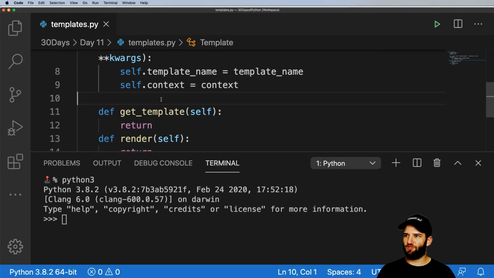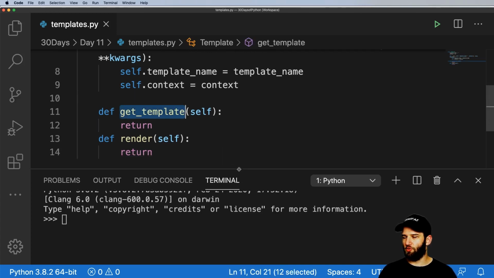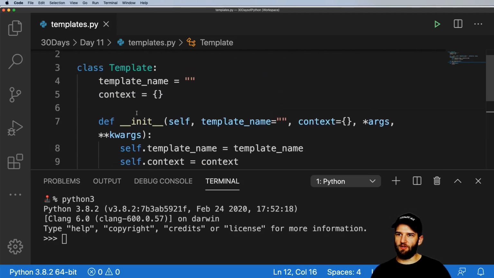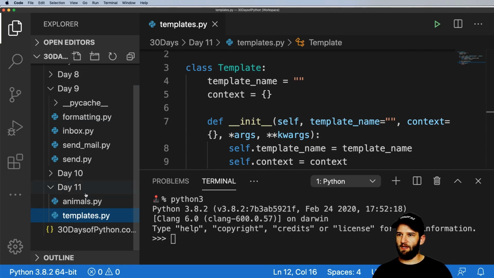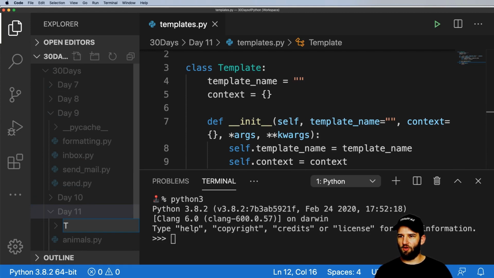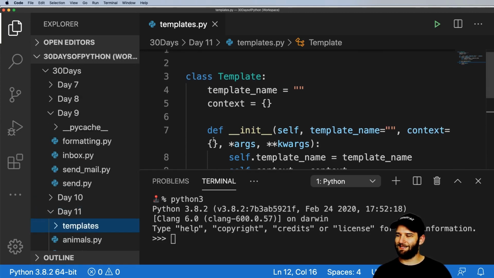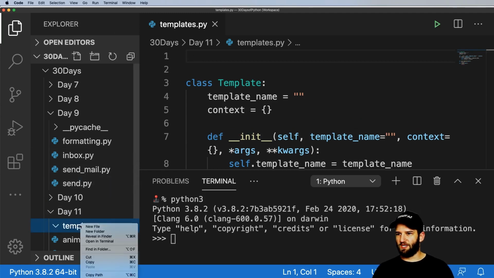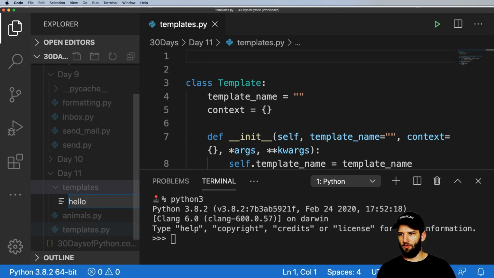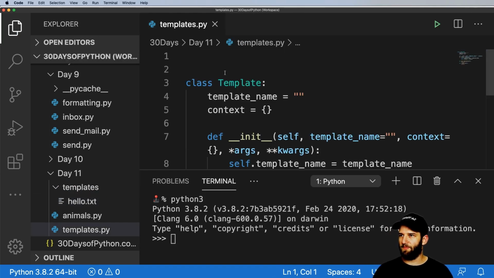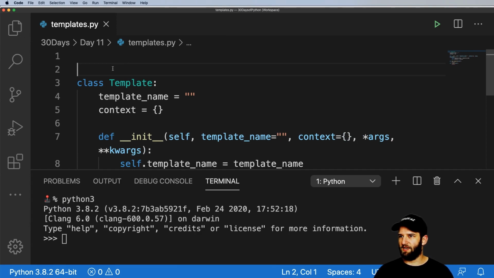So now let's go ahead and actually create a template. So we're going to make a txt file, or a text file, that I'm going to render using a lot of things we've already learned. So let's go ahead and open up that Explorer again, and inside of day 11, I'll go ahead and create a new folder in here, and I'm going to call this templates with the lowercase t. And inside of this folder, we're going to make a file called hello.txt, and I'll just say hello {name}. Okay, so I'll save that txt file, I'll close it, and now back into templates.py, let's close that Explorer window,